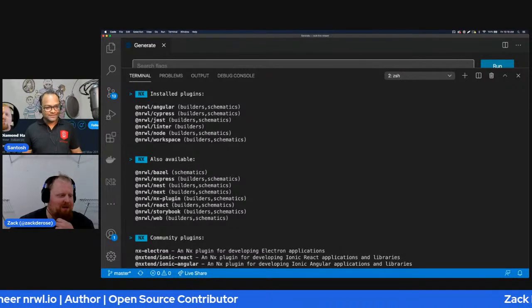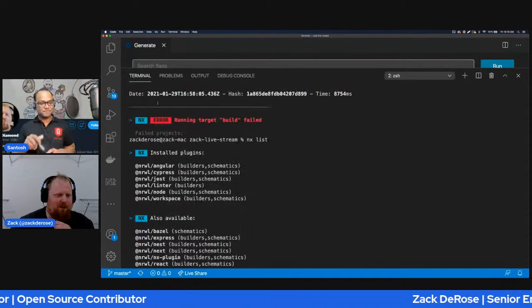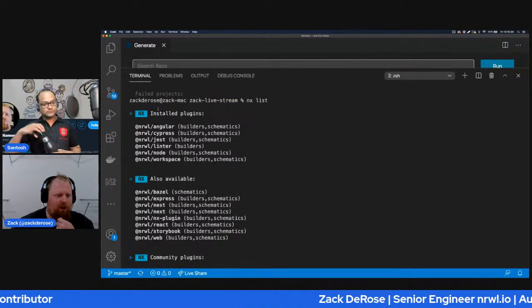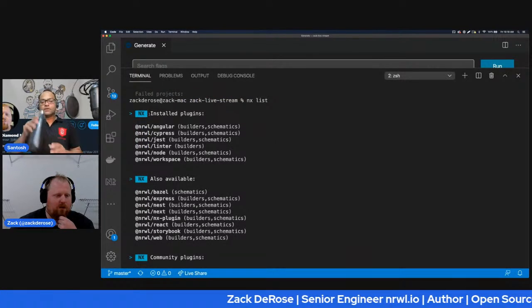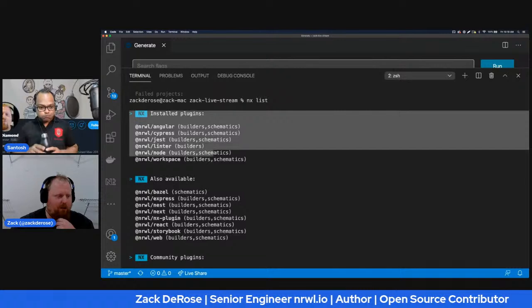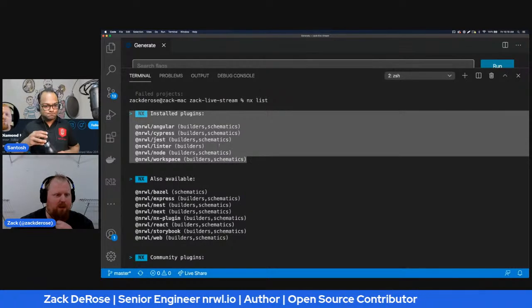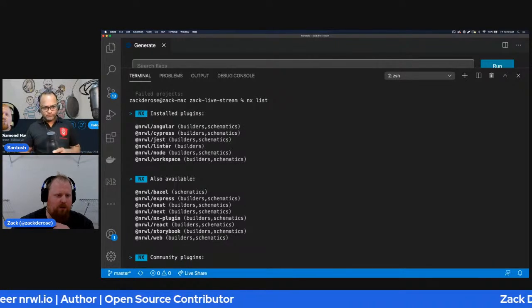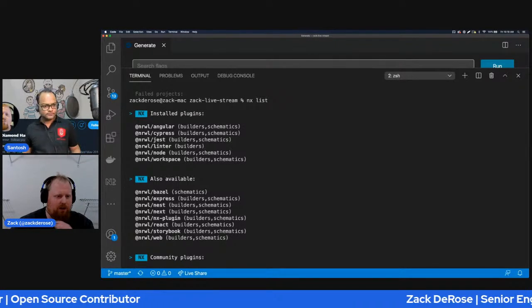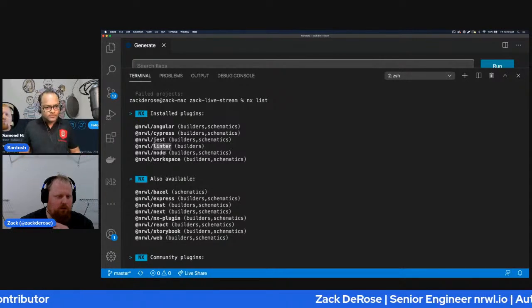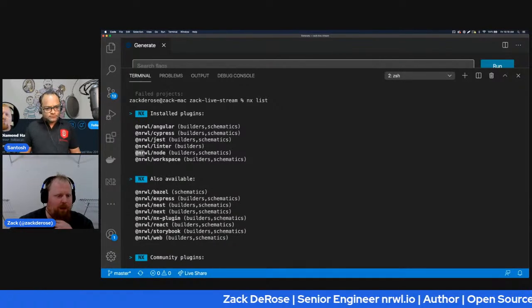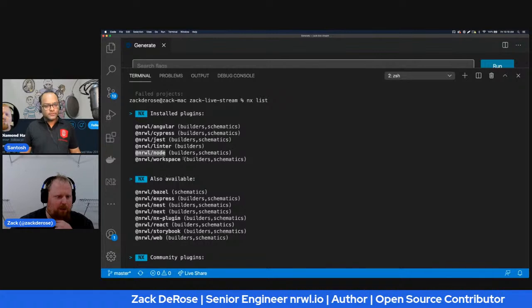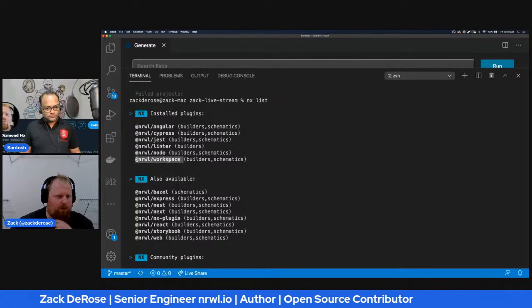Running this command is going to show you, for the project we're in right now, like this directory is an NX workspace, these are my currently installed plugins. So I've got Angular, Cypress, Jest, linter. I think this is our ESLint stuff, I'm not sure. And then we have our Nrwl node because that's what my backend's in, and Nrwl workspace.